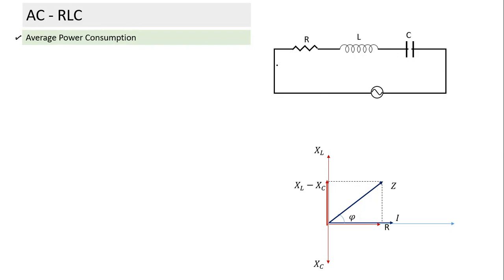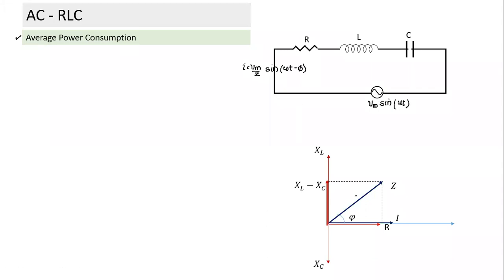How would you calculate average power consumption? Any thought? So suppose the applied voltage is given like this: V equals Vm sin omega t. And how would I write the current here? What is the amplitude of current we said? The amplitude of current will be I equals Vm by Z. And the current will be leading or lagging as per this. If this equation is used, current will lag by